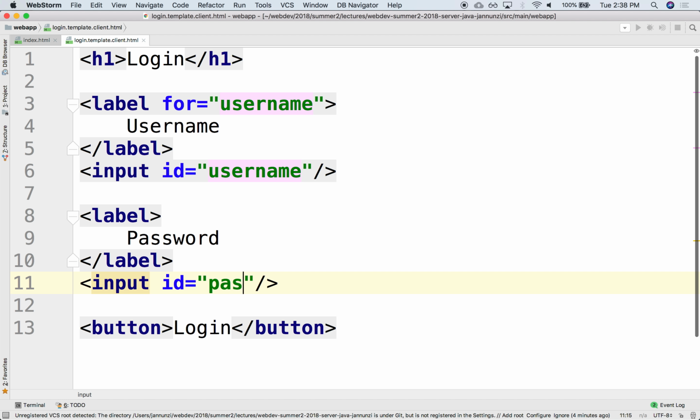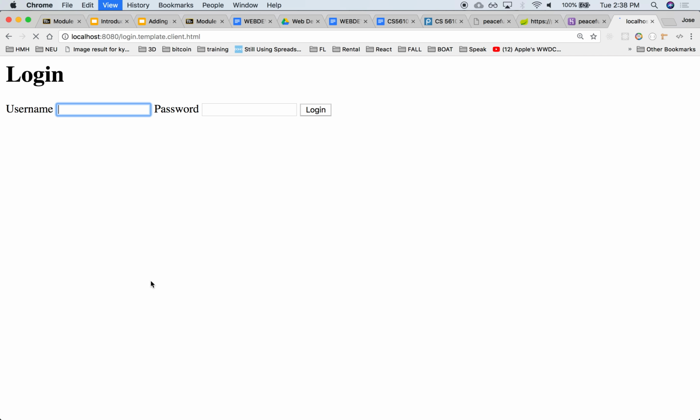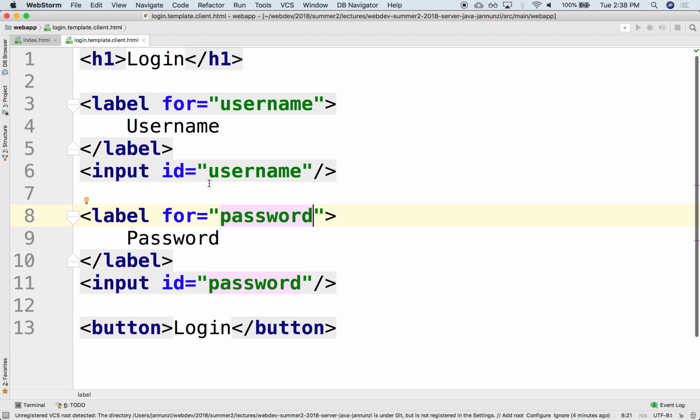So ID, password, and for password. So refresh. So now if I click on password, it becomes there. Excellent. The other thing that's also very useful that increases human